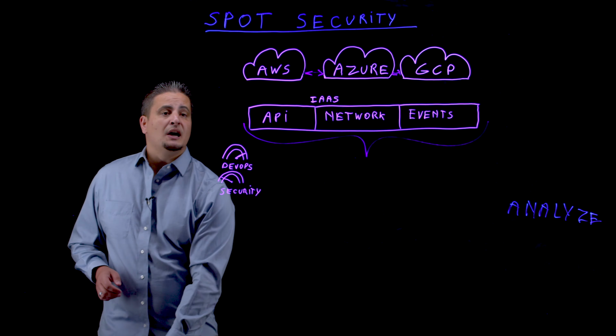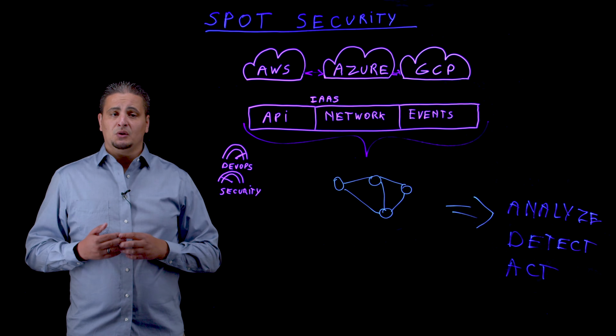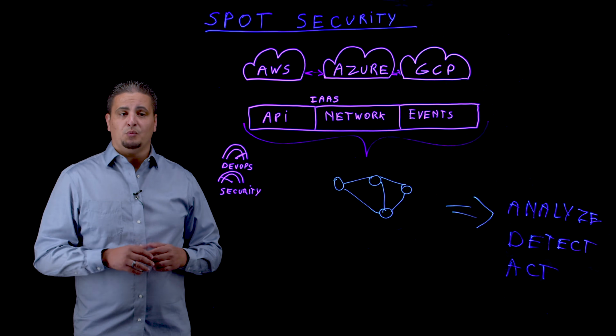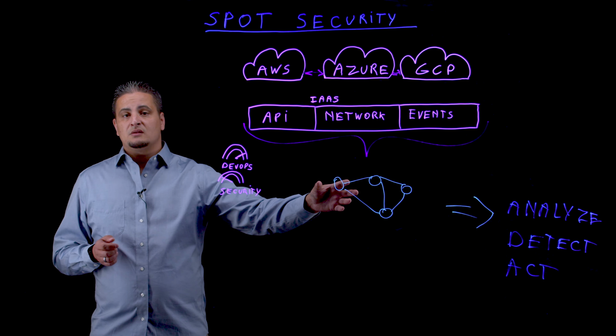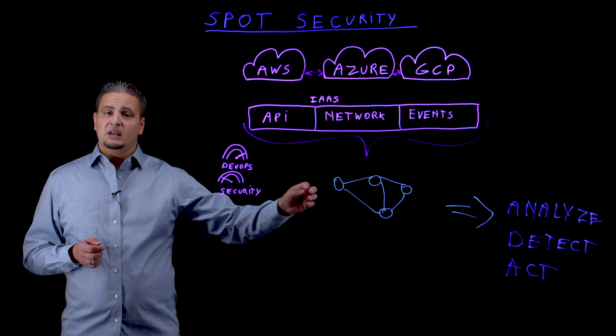And finally, all of that wouldn't be complete unless we help you to act. Act means providing you with remediations. Whether you're a DevOps engineer and you want to use the AWS CLI, or if you'd rather download some Python scripts and execute them in your terminal, we support these operations. We also help you prioritize your security issues, because sometimes it could be overwhelming, but we understand the blast radius of each of these security issues, so we can sort them for you in the way that would best help